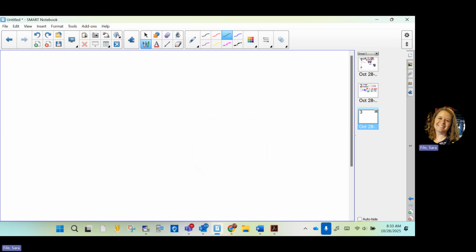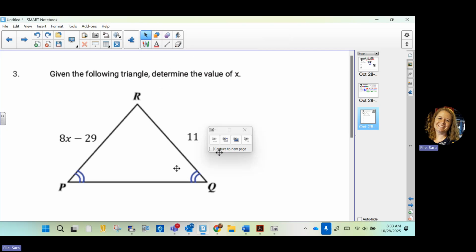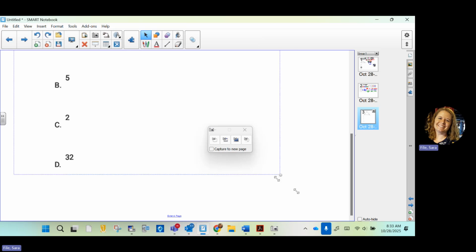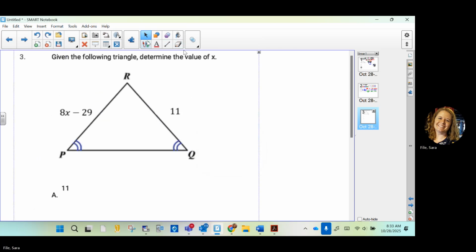Says, given the following triangle, determine the value of x. What do these arcs on the triangle mean? They're the same. So what type of triangle is this one? What did we just talk about if two are the same? All three is equilateral, but if just two are the same, we said it's isosceles. This is an isosceles triangle